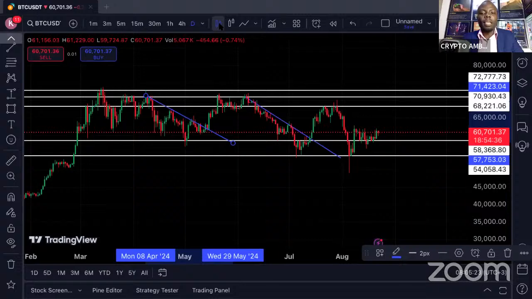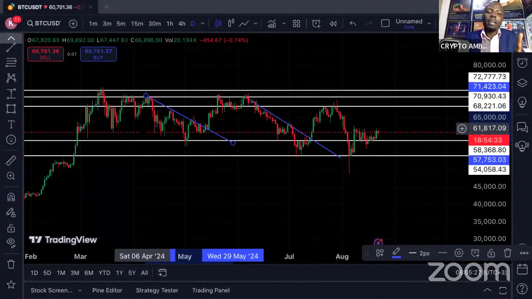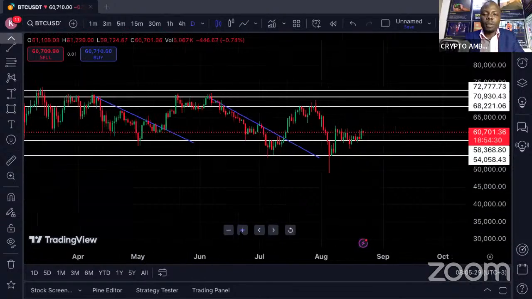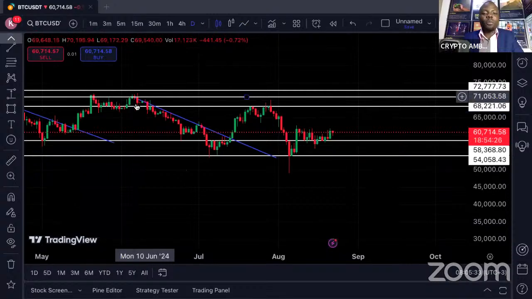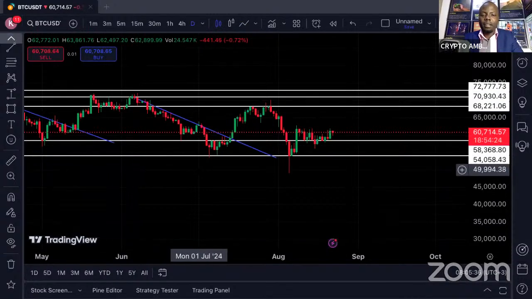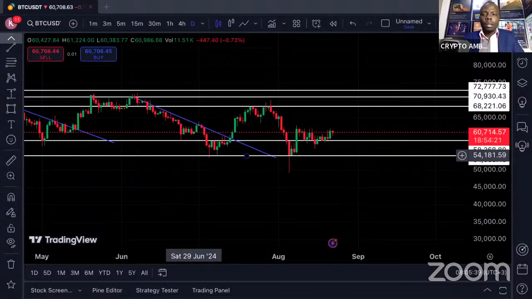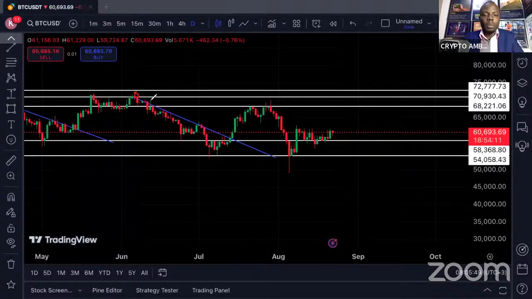Can you see? If I had drawn this line, can we see how it makes sense now? Let me increase it. Do you see how it makes sense? If I had drawn this line using the candles, it would be here. It would be on these points here. But since I have used the line,